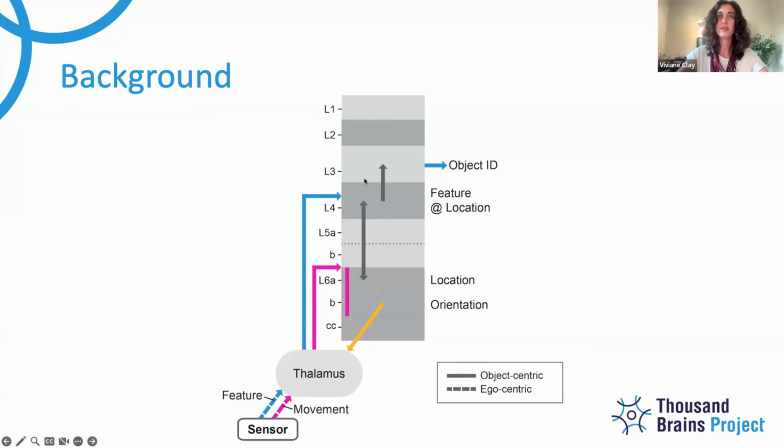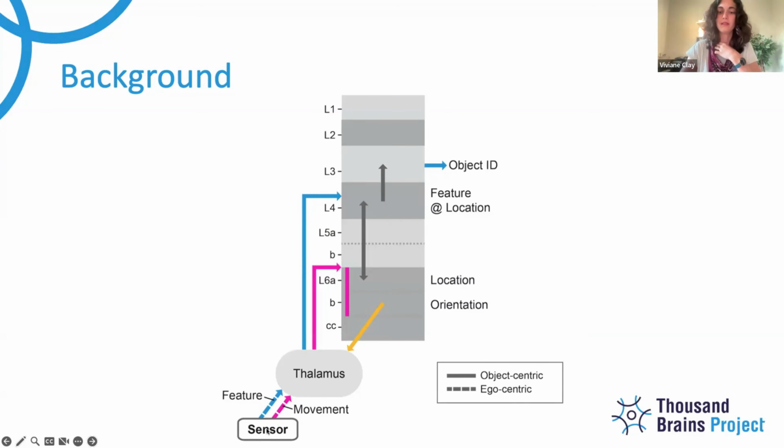So how am I moving my finger relative to my body, for example? But then representations within the column, so locations here, are in an object-centric reference frame. So features on the coffee mug are all like locations and features relative to each other in a reference frame that's just for this coffee mug. And having the separation allows us to really generalize. I can learn about a coffee mug in one room, in one location and orientation, and then I can recognize that same coffee mug in any other location, in any other orientation,